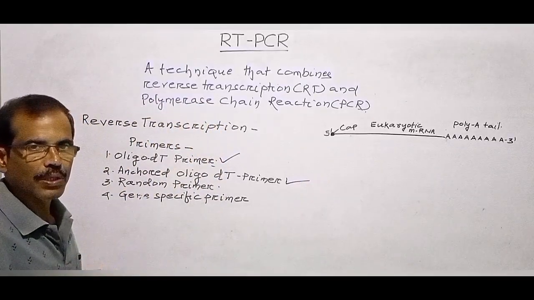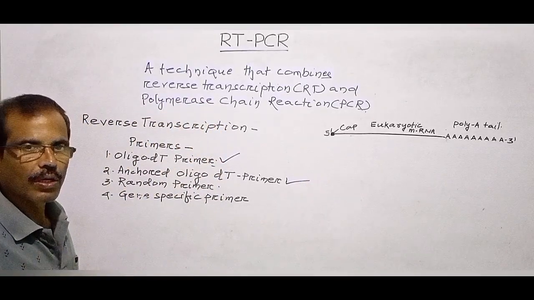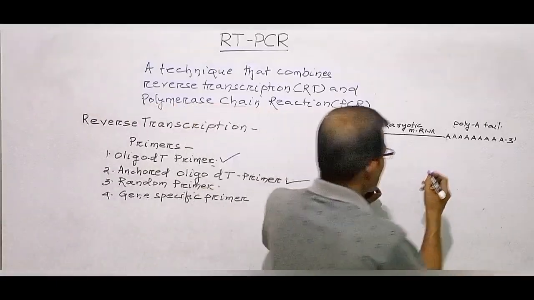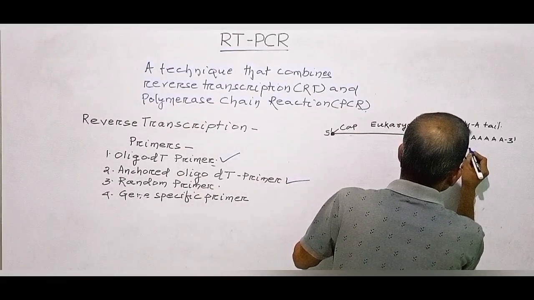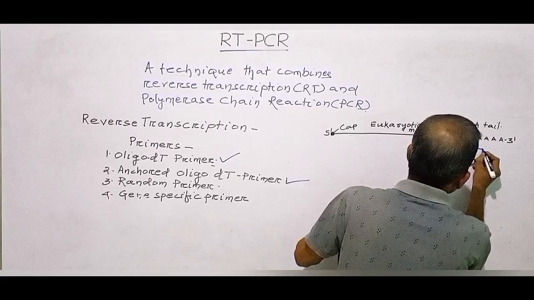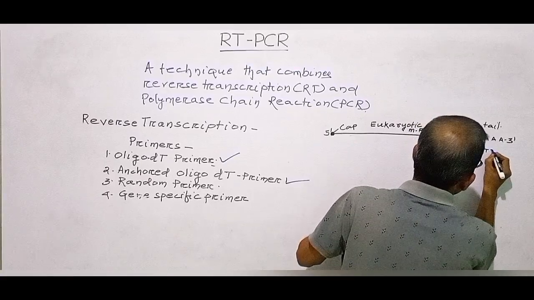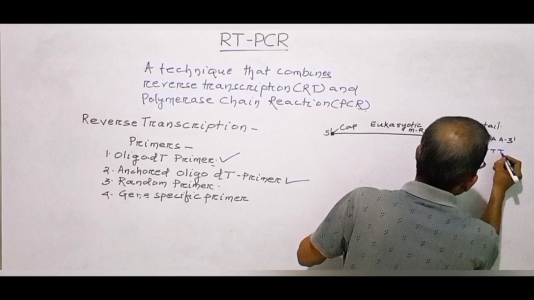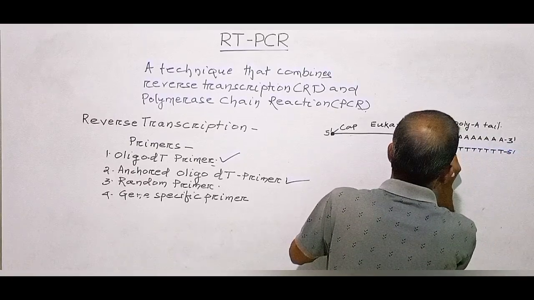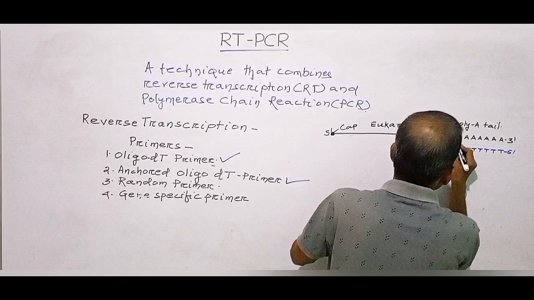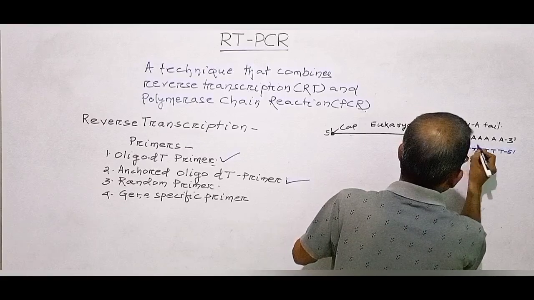What is oligo-dT primer? Oligo-dT primer is a string of deoxythymidylic acid that pairs with the poly-A tail and then provides the starting point to begin the synthesis of complementary DNA